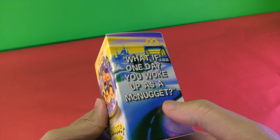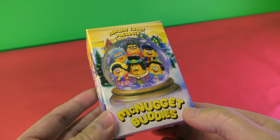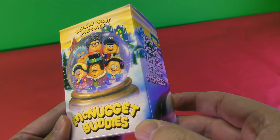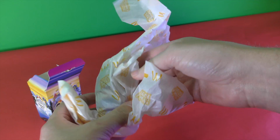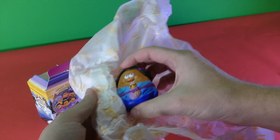The packaging might be my favorite part. Just check out the new Nugget Buddy crew. It makes me nostalgic for all those iconic McDonald's Land ads. Plus, check out the wrapping on the inside. The branding here is so perfect, it works hard to transform a simple toy into an experience reminiscent of the